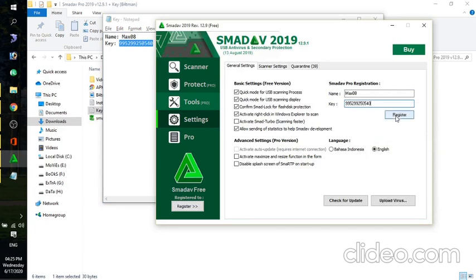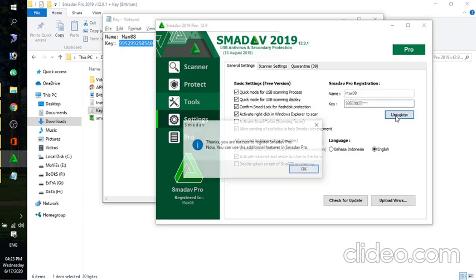Then after pasting the name and key, just click on registration. Now see, thanks, you have succeeded in registering Samadev Pro. Now you can use the additional features in Samadev Pro.